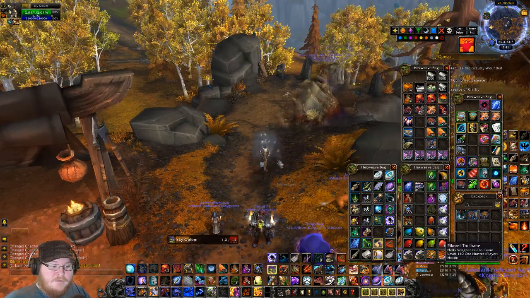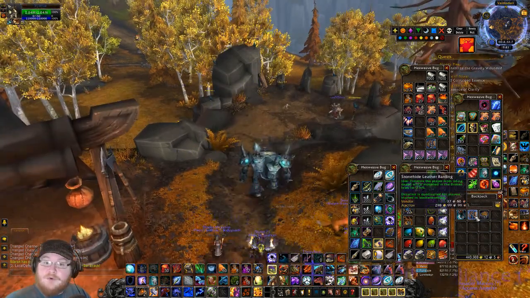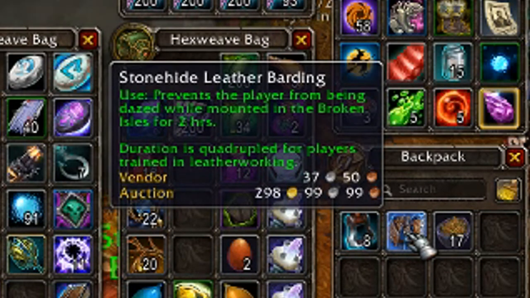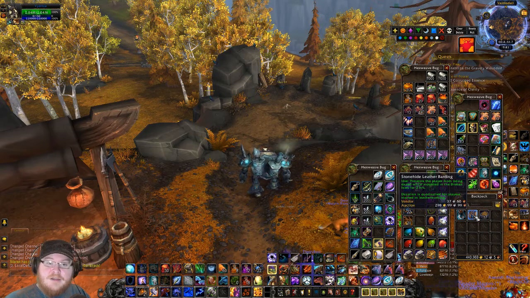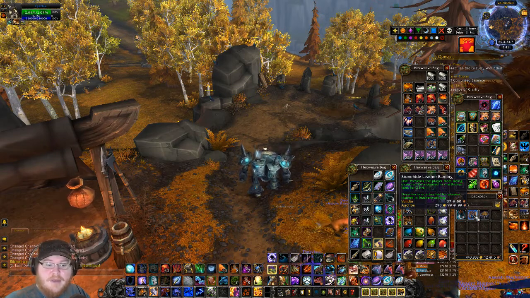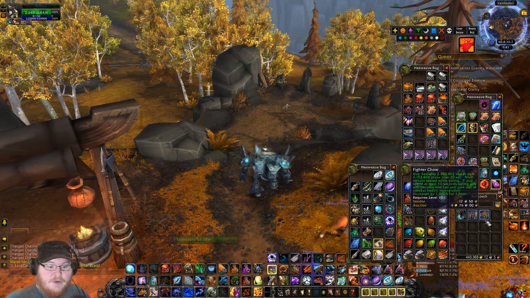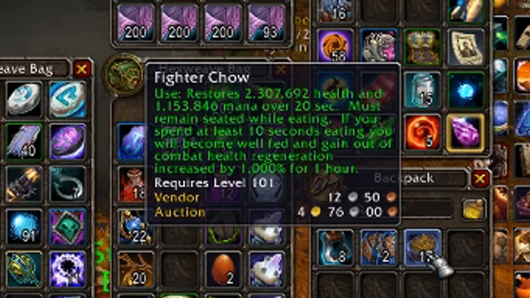But if you do have a Sky Golem, or any other mount of that nature, as long as you're using the Demon Steel Stirrup, you also need to equip a Stonehide Leather Barding, which allows you to not be dazed and dismounted. So I'm going to go ahead and use my Stonehide Leather Barding, but instead of just that today,